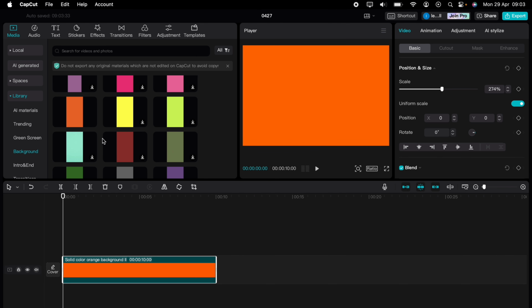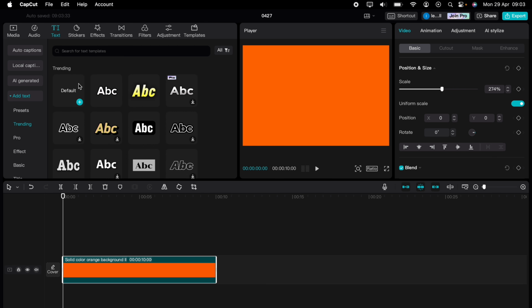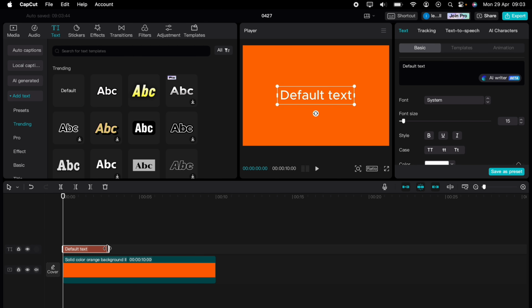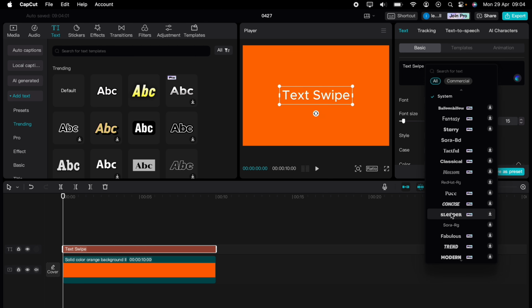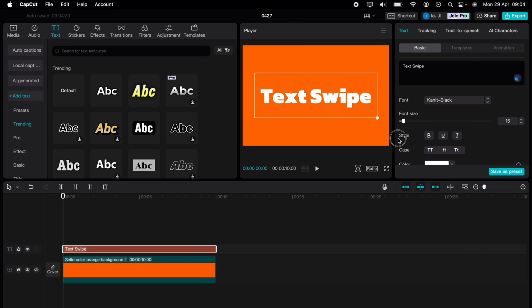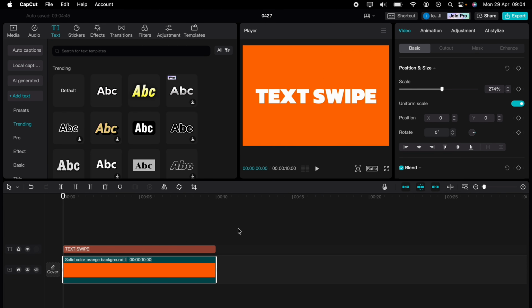Now we want to come into the text at the very top here and drag any text into our timeline. And let's extend it to the full length. And let's just type out text swipe to keep it simple. Then you want to make any font adjustments and size adjustments. And once you're happy, the next step is to highlight the solid colour, copy it, and move it to the